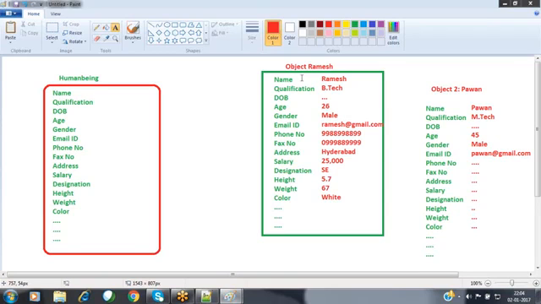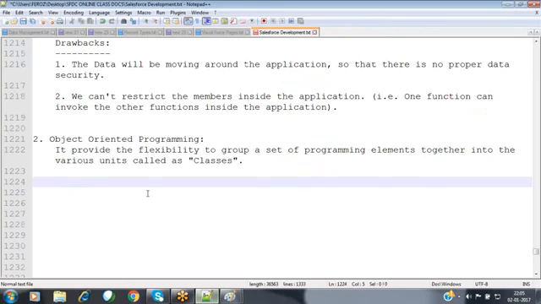Now, in this kind of scenario, whatever things are available in the real world, each and every one is nothing but an object. It may be a fan, a cooler, a computer, a mobile, a marker, or any device whatever you are using. That is nothing but an object. Now all these objects belong to a separate associated class. This is the concept of object oriented programming.